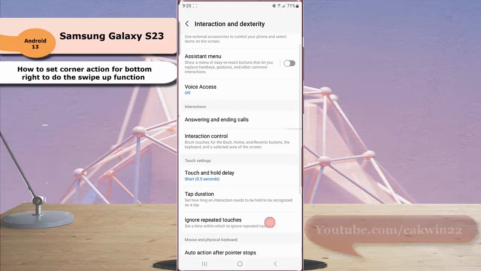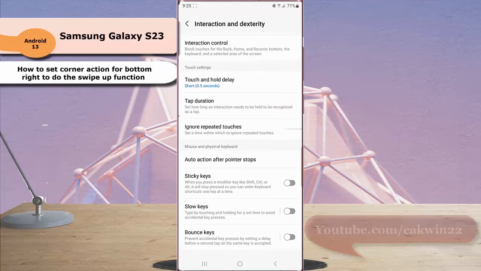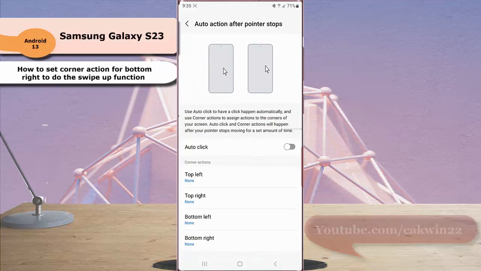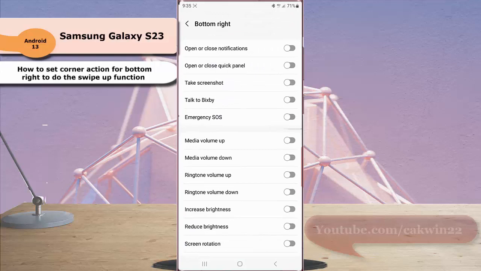Scroll down the screen. Under the mouse and physical keyboard section, tap auto action after pointer stops. Under the corner action section, tap bottom right. Scroll down the screen to the bottom